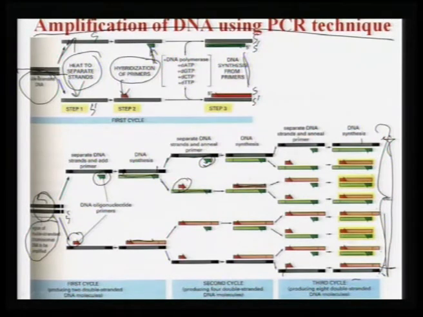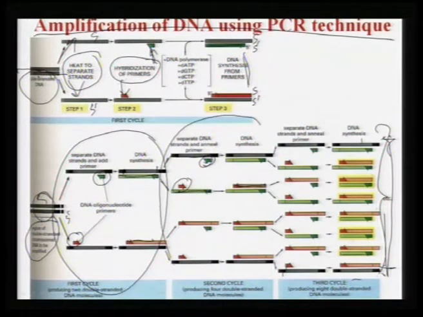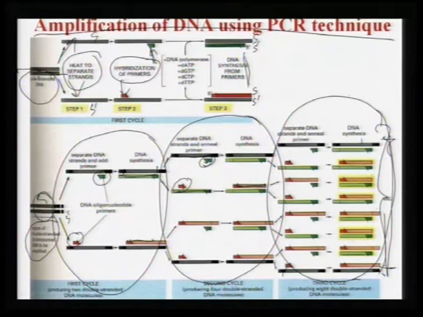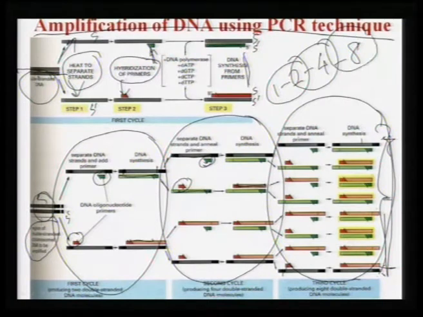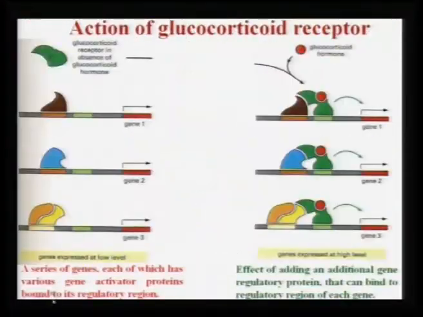But in the process, what you see is that there are a couple of cycles here. This is cycle number 1, this is cycle number 2 producing 4 double stranded DNA molecules, and cycle number 3, this is the 8 double stranded molecules. So, 2 to 4, 4 to 8. And this is 1 to 2, 1 to 2 is the first cycle, 2 to 4 is the second cycle, 4 to 8 is the third cycle. Okay. So, similarly, you can have N number of cycles, a large number of cycles, for the expression of the DNA here.